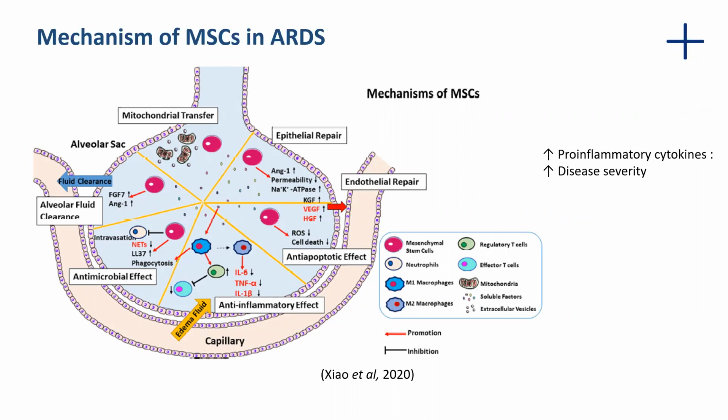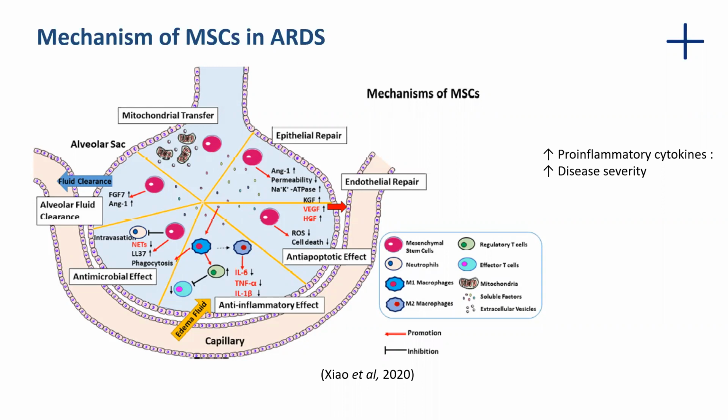For the purposes of time, I will only highlight a few mechanisms from this diagram relating to immune responses of mesenchymal stem cells. So now mesenchymal stem cells promote epithelial and endothelial repair, alveolar fluid clearance, and bacterial clearance, and exert anti-inflammatory and anti-apoptotic effects. Mesenchymal stem cells enhance the differentiation of your macrophages to the M2 phenotype, produce anti-inflammatory cytokines, and inhibit the pro-inflammatory